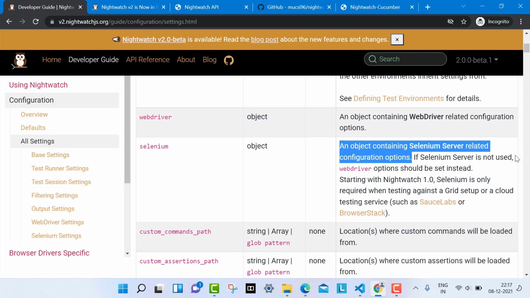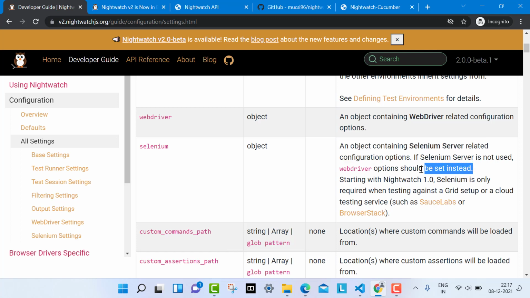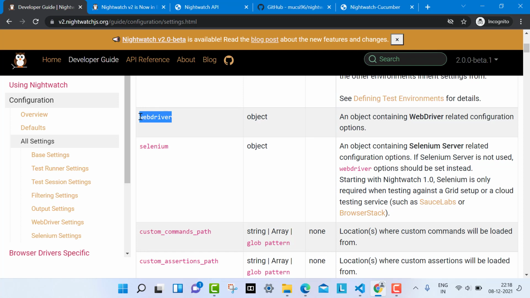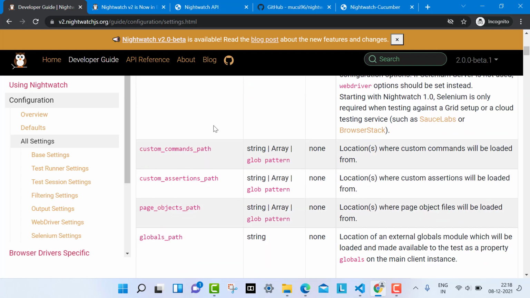If Selenium server is not used, WebDriver options should be set instead. Starting with Nightwatch 1.0, Selenium is only required when testing against a grid setup or a cloud testing service. So what you understand is that if you are not using Selenium server, then you have to use this WebDriver. Okay, right.